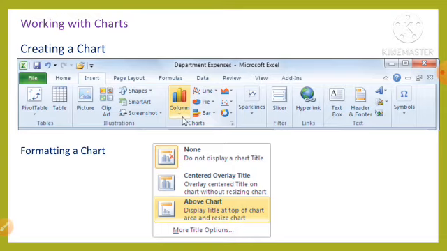To access the various tools to work with charts, simply select any chart on a worksheet. The Chart Tools contextual tab appears in the ribbon with three tabs: Design, Layout and Format. We can use these tabs to make various types of changes in the chart.